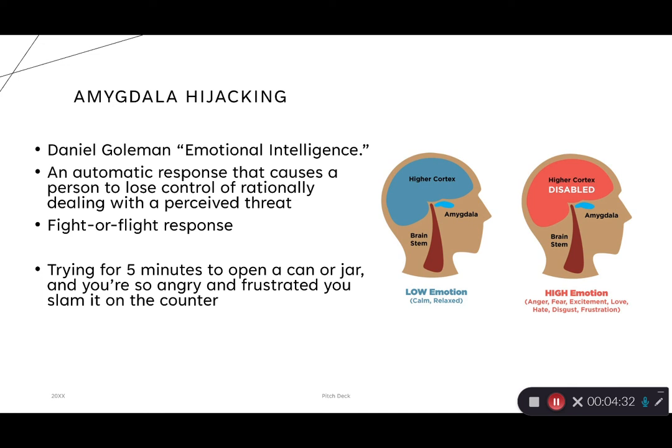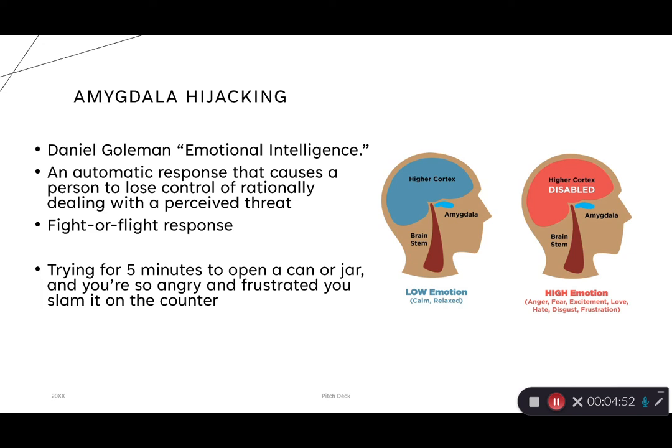The causes of this are due to the release of the stress hormones, cortisol and adrenaline, and at this point people are going into fight or flight responses, so a person's body may start to increase in blood flow to the muscles and have a rapid heartbeat, sweaty palms, and clammy skin.